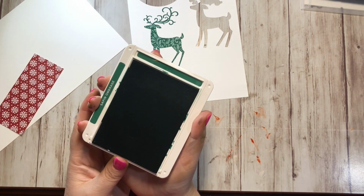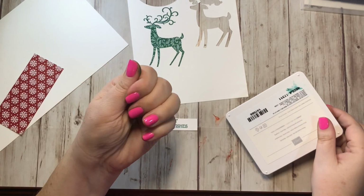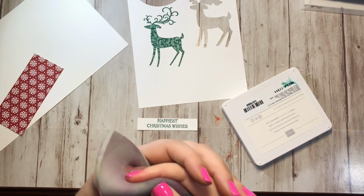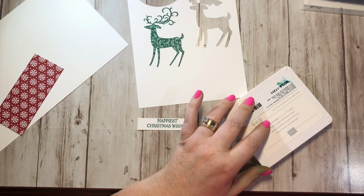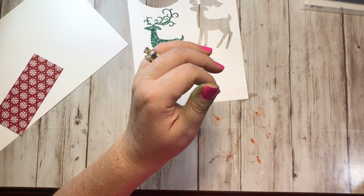Let me close up the ink. Sometimes you have to give it a little nudge there, then you can pull it out, because you see I just stuck my thumb in the ink. Let me just grab the chamois to clean that off. Oh, now I'm getting ink everywhere. Okay, and I'm going to put my Shaded Spruce away, and I have green fingers. All right,